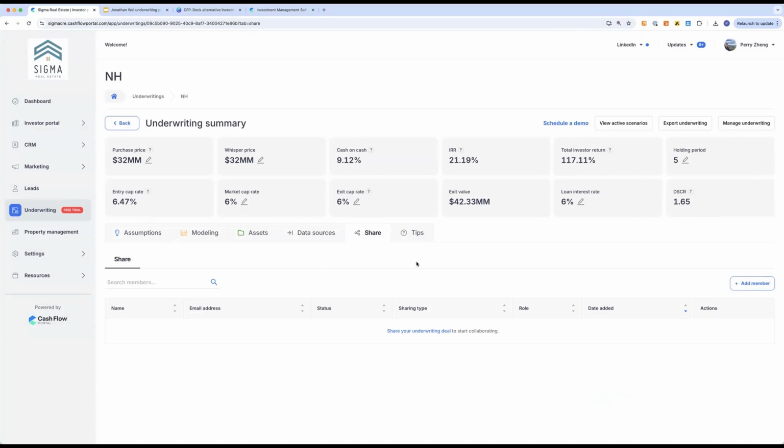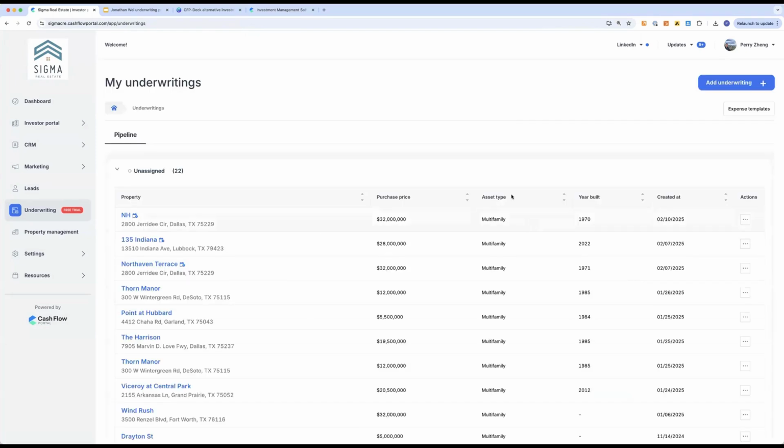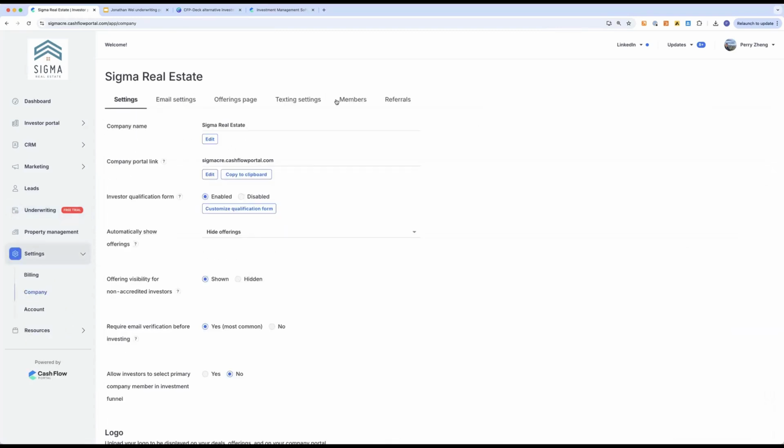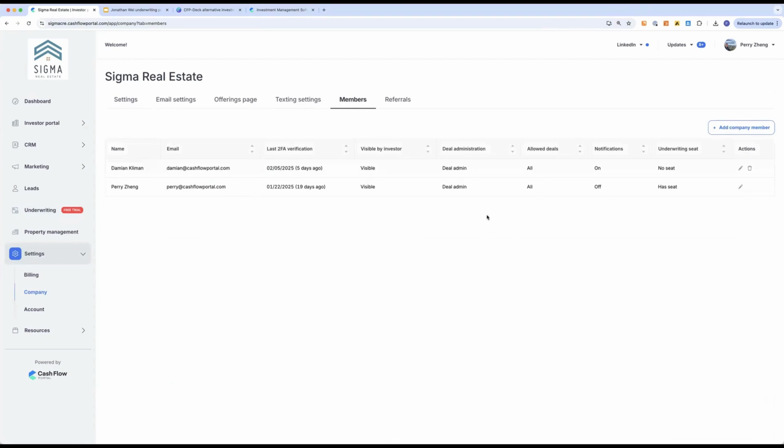Yes, so Conrad can share with you and you don't pay. But whenever you, Jonathan, want to create your own underwriting deal, that's when you become the customer. When Conrad shares with you, you are just a co-sponsor, quote unquote, so you don't pay, just like the investor portal. But let's say I have a team member and I delegate underwriting to him, underneath me. In that case, both of you need to pay. You go to company, then members, and then both of them pay.